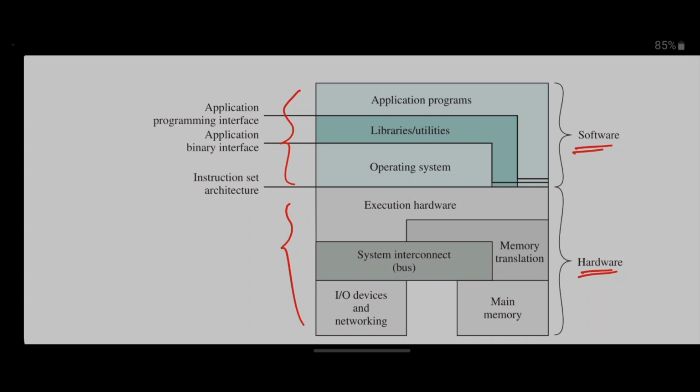So you can observe that the operating system is here as an interface or intermediary layer between the software part and the hardware part. But the operating system is in the software section because by nature the operating system is software itself. That is depicted in this picture clearly.